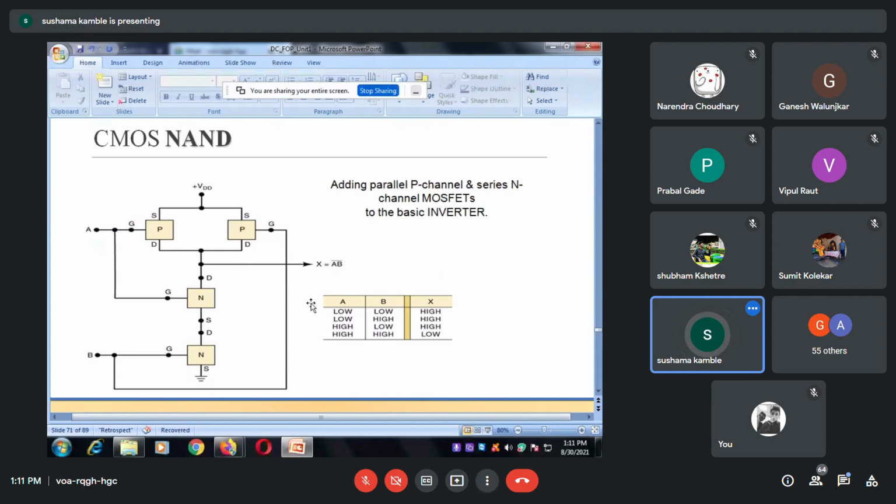Now look, let's leave that, let's start again from A and B, then maybe you people will understand. Okay. What did we do now: A we are applying low and B is also low because we are analyzing the NAND gate, and the truth table of the NAND gate is like this. Whenever both the inputs are high, we are getting the low output, and whenever any one of the inputs is low, we are getting the high output. Is it true for the NAND gate? Is the truth table of the NAND gate correct? Yes. Okay. Now just see.